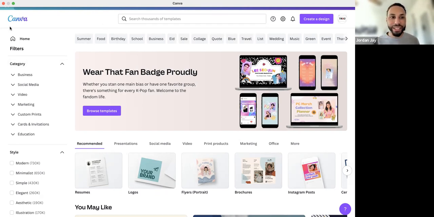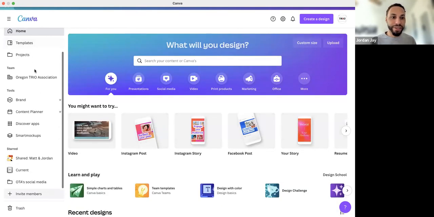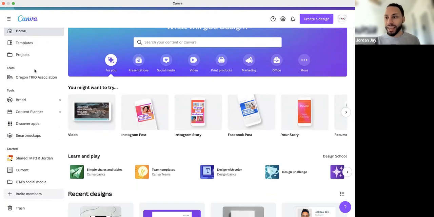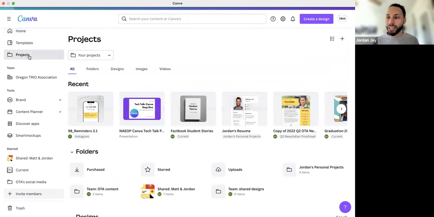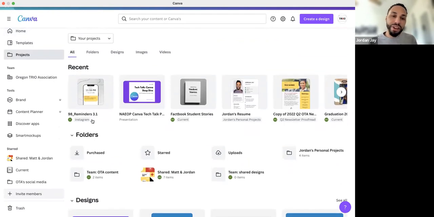But I do want to show you these basic other spots on the menu tab on the left-hand side here. The projects section. This is where you're going to access your folders.